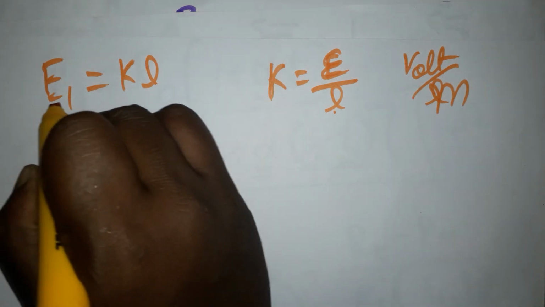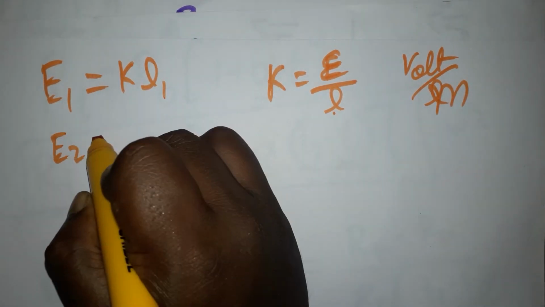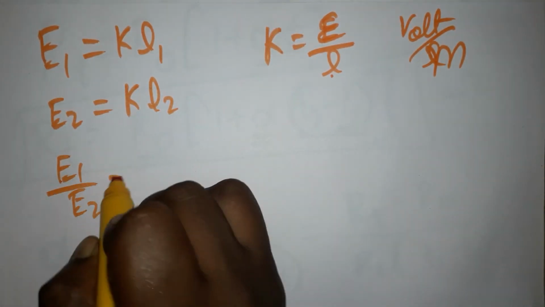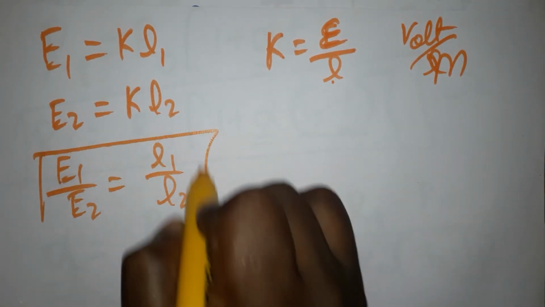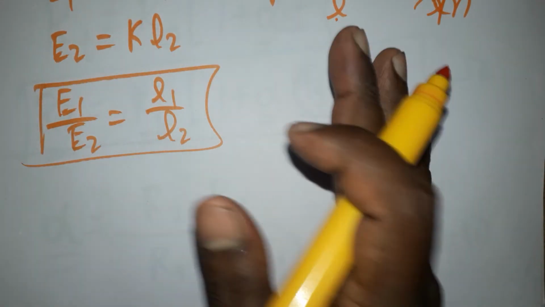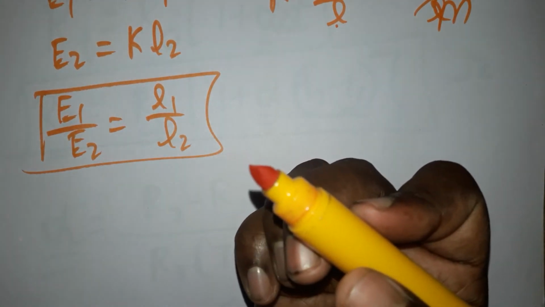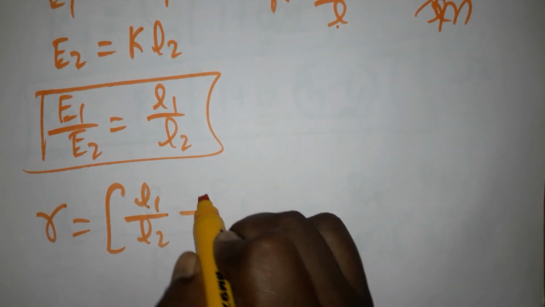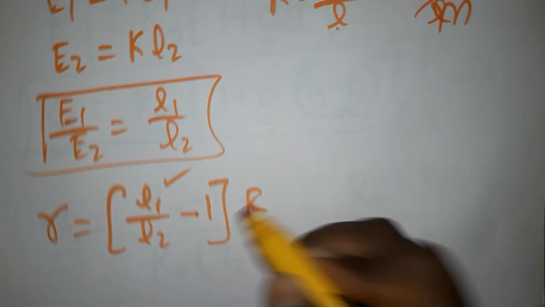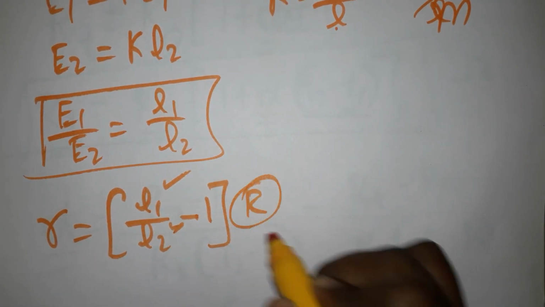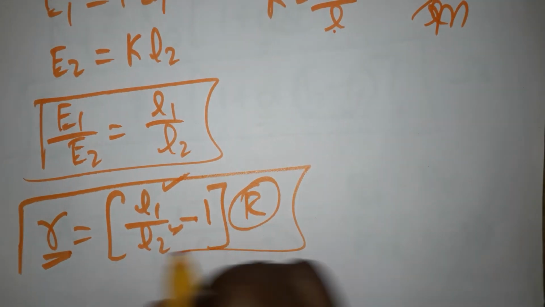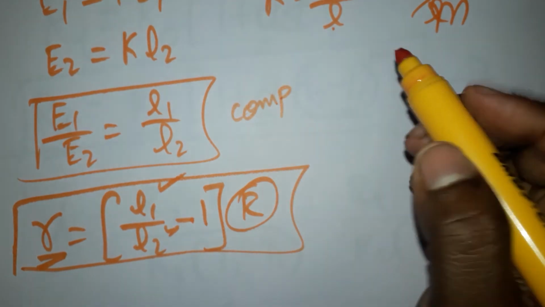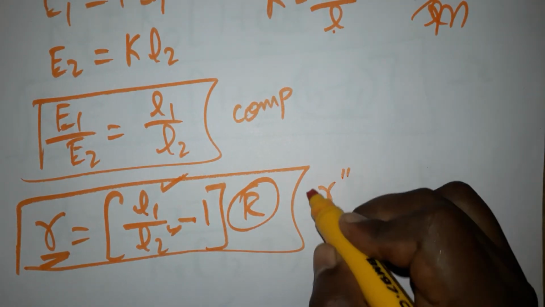So when balancing one side, E1 is equal to K times L1, when balancing the other side, E2 is equal to K times L2. This ratio is going to be E1 divided by E2 is equal to L1 divided by L2. This formula we use for the potentiometer, for comparison of two cells. The same potentiometer, when we use it to find the internal resistance: r is equal to (L1 by L2 minus 1) times capital R. L1 is balancing one side, L2 is balancing the other side, R is the external resistance, and r is the internal resistance of the connected cell. So this is the potentiometer formula for comparison of two EMFs, and this is the potentiometer formula to find the internal resistance.